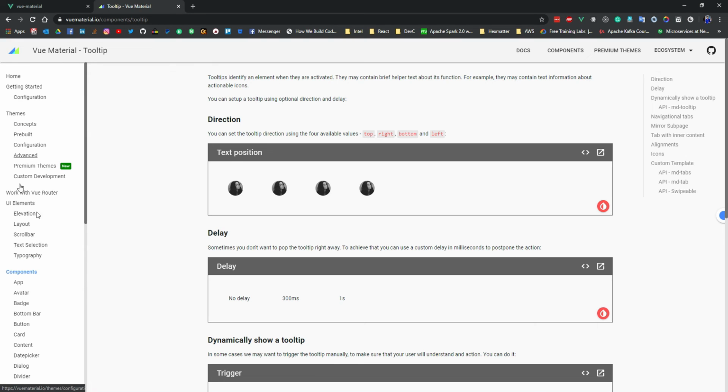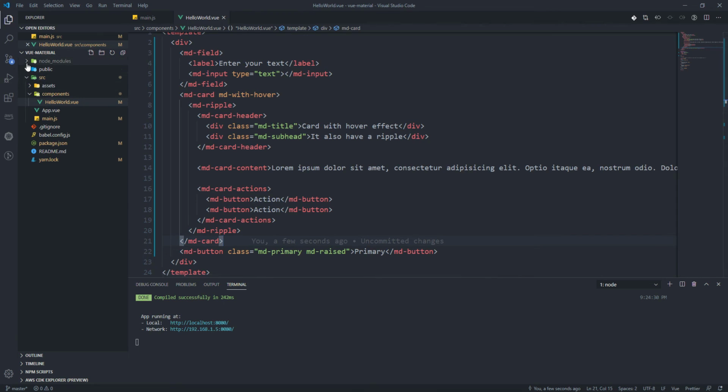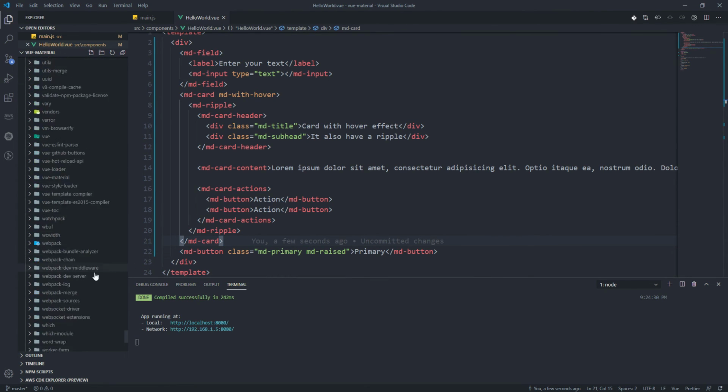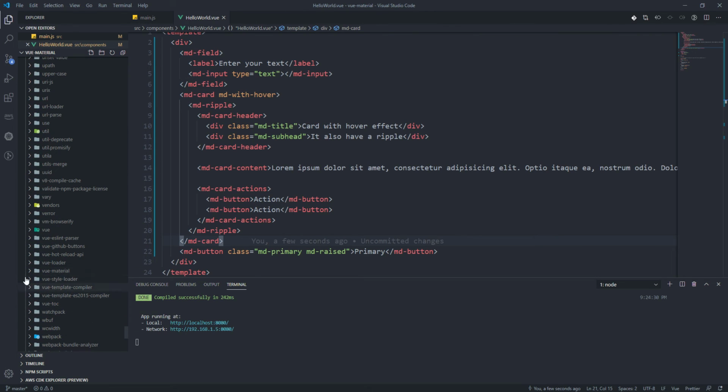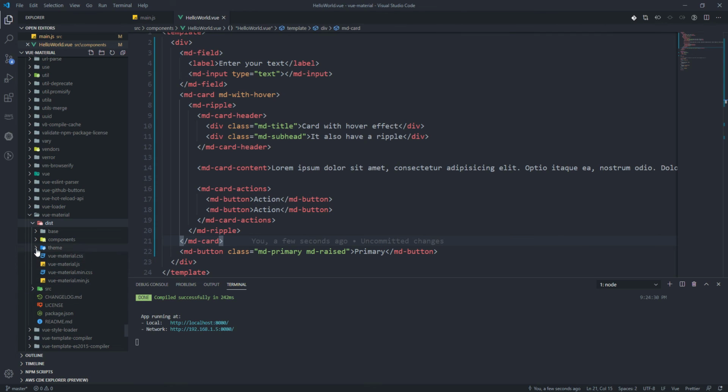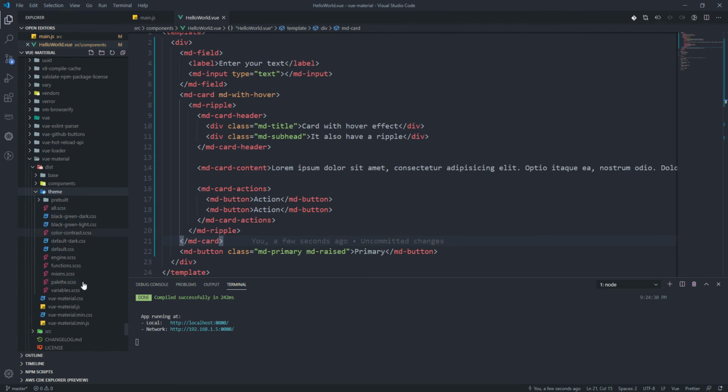In addition to that, I want to mention one other thing for this UI, which is predefined themes. We only use predefined themes in this project, but Vue Material supports the configuration of other themes as well. But you need to add it in a separate way.